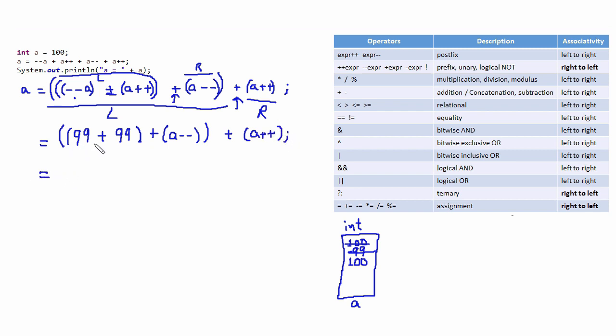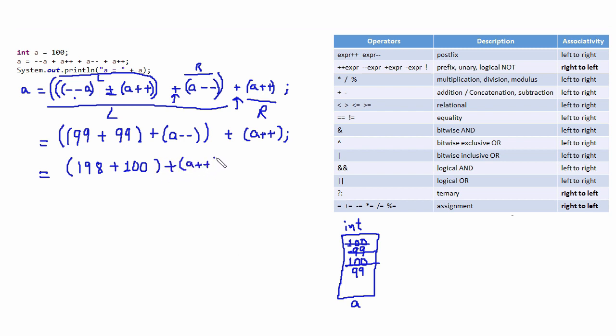Let us move ahead. 99 plus 99 equals to 198 plus A minus minus. Now what is the value of A? Current value of A is 100. This is a post decrement operator. So first use the current value of A in the expression or equation. So A is 100. Then decrement it in the memory. So A will become 99 plus